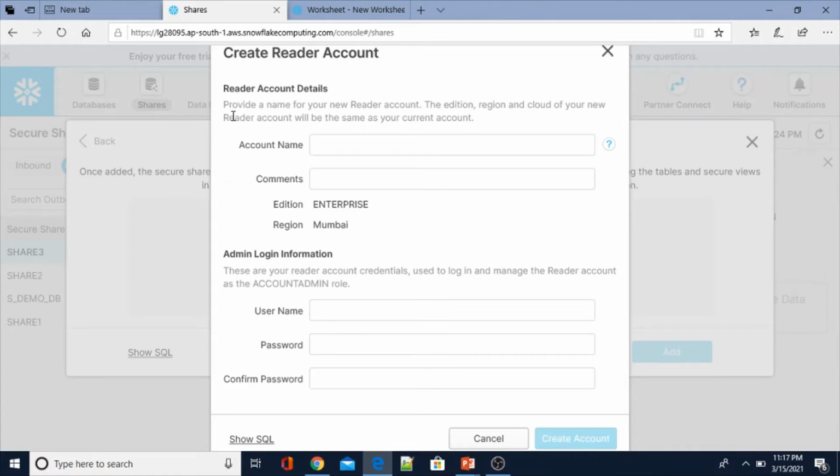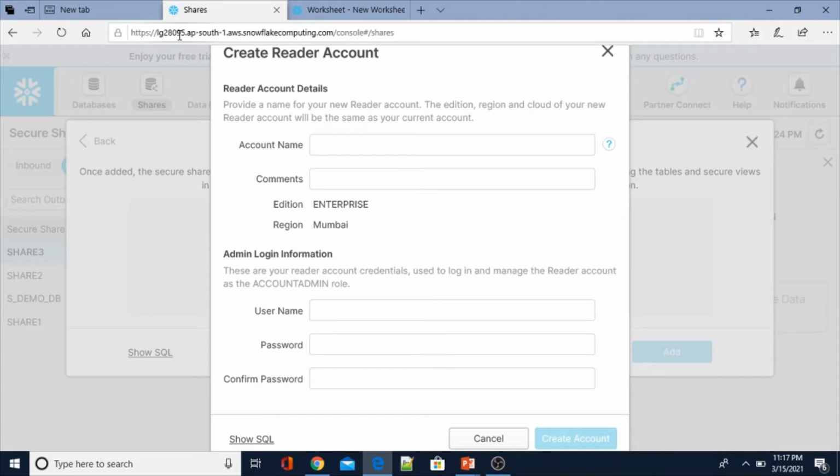Provide a name for your new reader account. The edition, region and cloud of your new reader account will be the same as your current account. My current account, LG280, is my main or provider account.